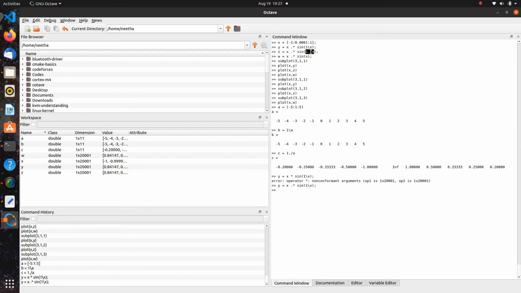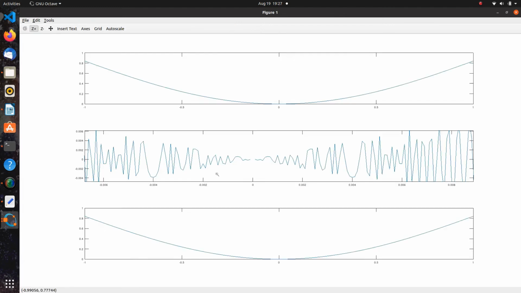Whereas I should have just used this for vector division. That means each element would have just been 1 by a i comma j, and I'd have got 1 by of that like this, minus 0.02 whatever value x holds as a vector, and I'd have got the correct plot where it just goes around to 0, that is just going to infinity here, right? It never touches 0 but is just hovering around 0. That is the magic of this function. So given this is the point,